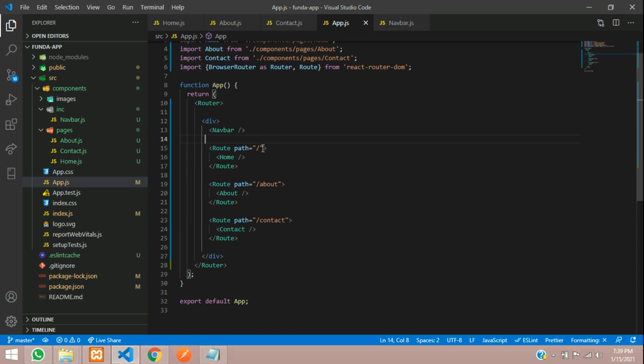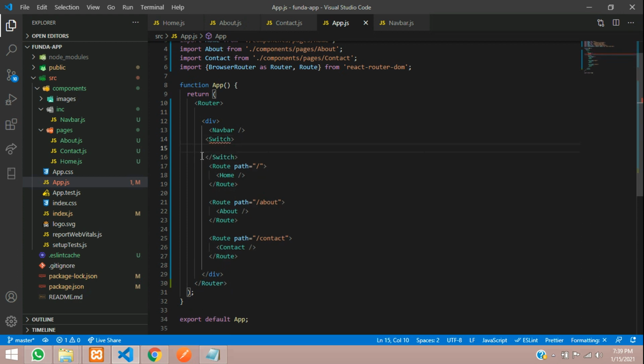Let's create a Switch for it. Let's open and close, and now let me cut this and paste at the end of your Routes. Whatever Routes you are using, make sure they are inside the Switch. So all your Routes should be inside your Switch. Let's copy this and define the Switch over here.